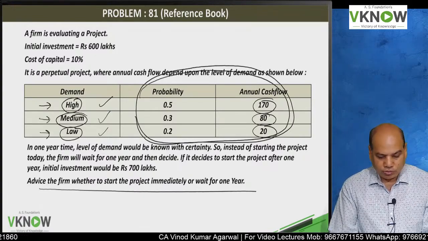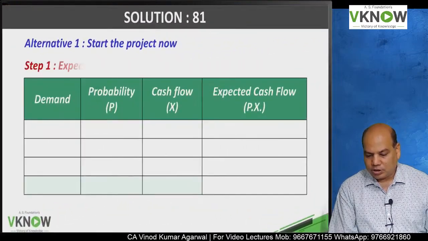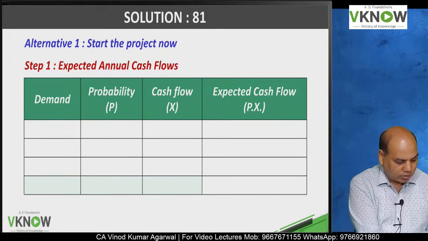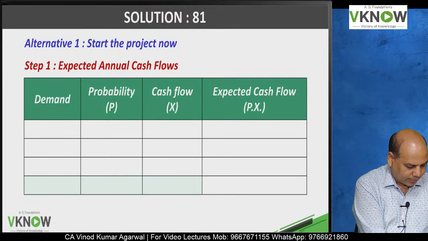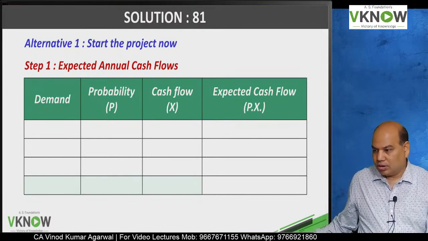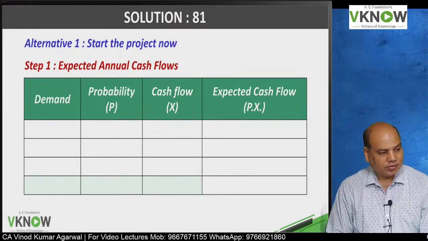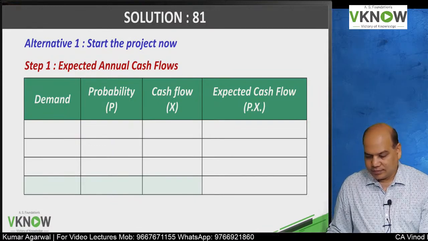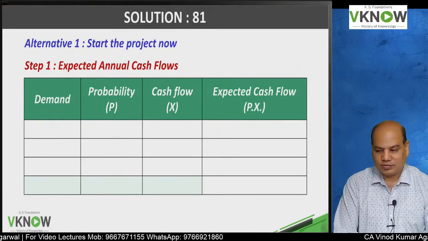So what we will do? We will solve. First you will solve part 1, Alternative 1. Learned students will solve. You are very intelligent, I know, but you are not putting in that much effort. Alternative 1, start the project. Put in more effort. Current effort is not enough.